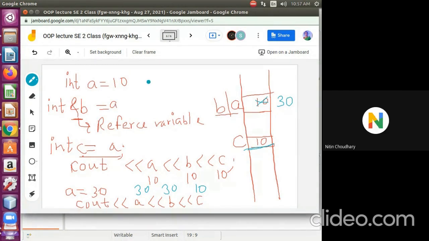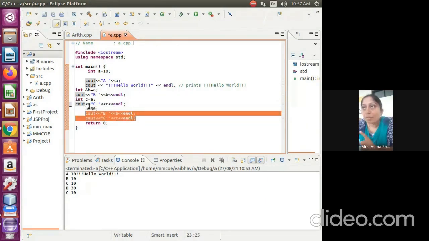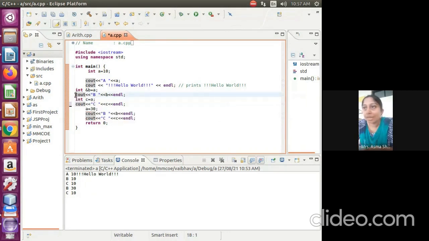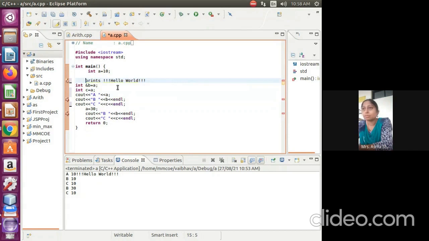Yes, ma'am. So if you see this example, I have done the same thing. I have created one variable, assigned that value, and printed before and after changing. So here if you see, I assign 30 and then print the values. Here, before assigning, I print the values. You can see like this. I can add here A, B, C. It is like this I wanted to share with you. This A, B, and C. Then again I change to 30, and then A, B, C.